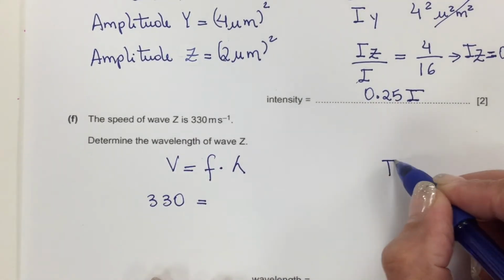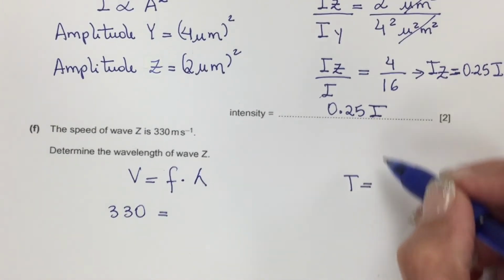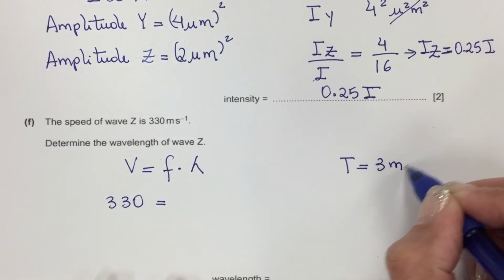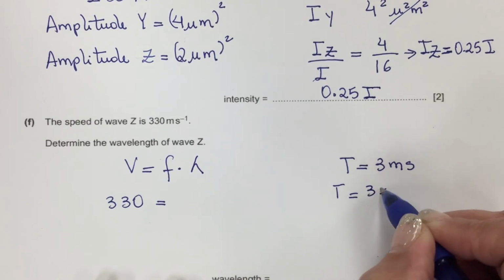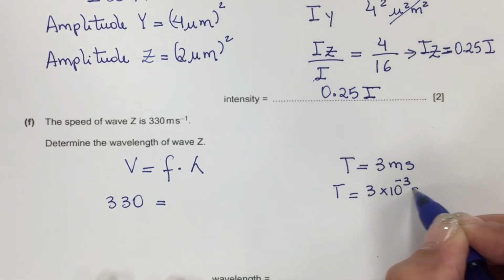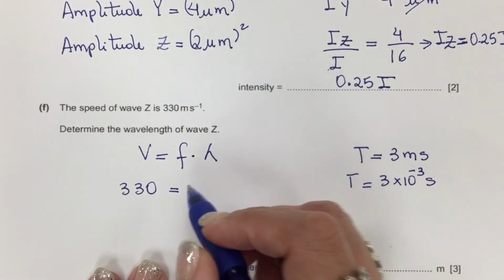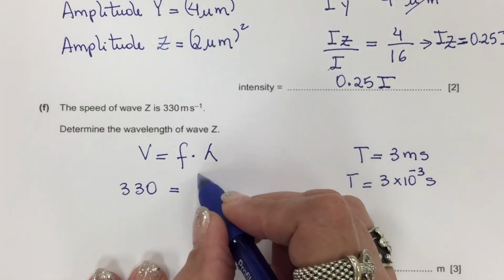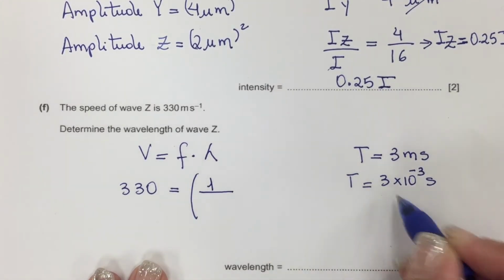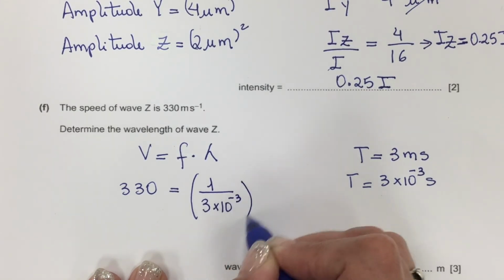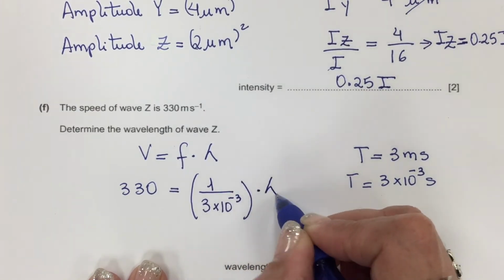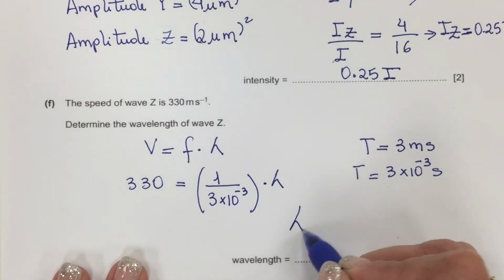So the period of both waves is 3 milliseconds, which means it's 3 times 10 to the minus 3 seconds. So the frequency here is the inverse of the period, which gives speed equals frequency times the wavelength. So the wavelength here is,